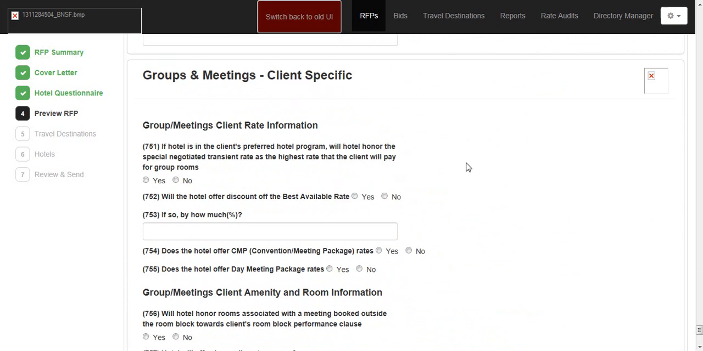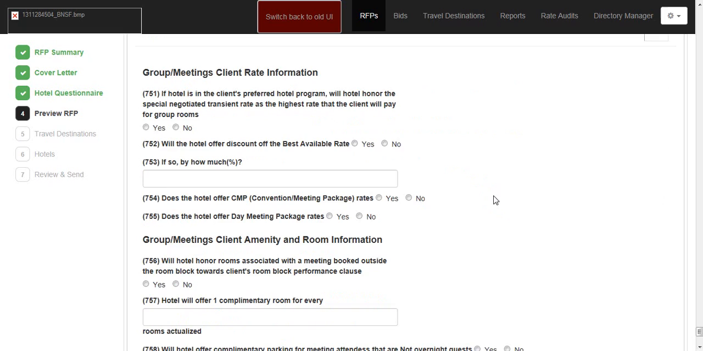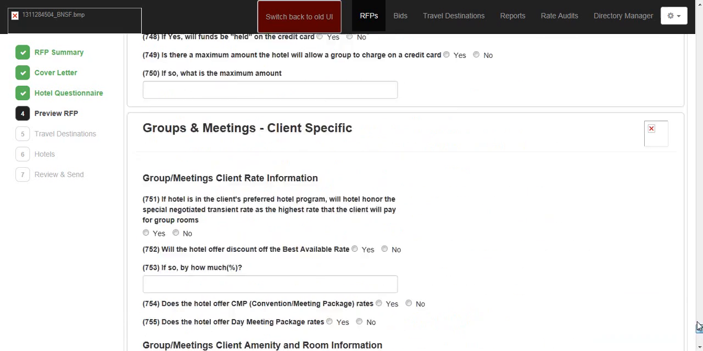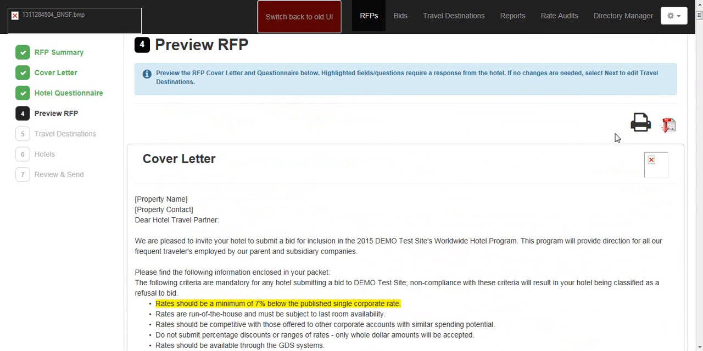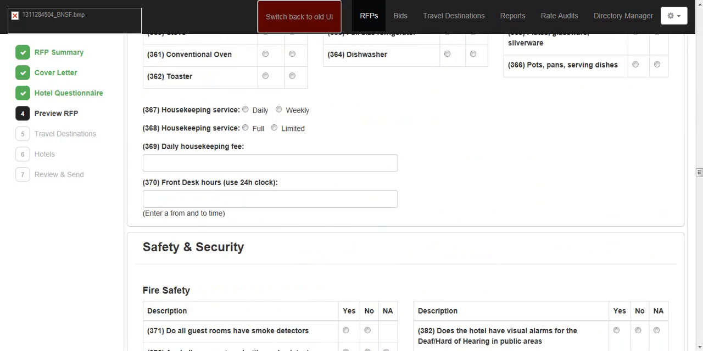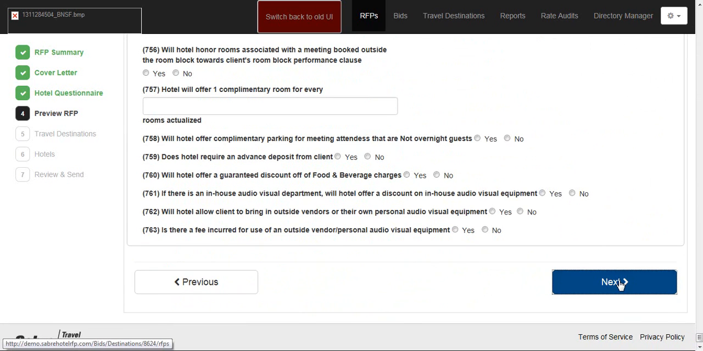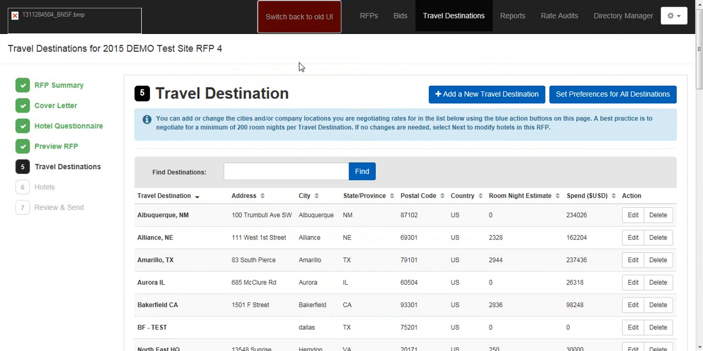Okay, and there's also of course groups and meetings, but we didn't go into that in detail. But if we're happy with our RFP, we have the option to print it, and then of course the option to save it as a PDF. This comes in handy if you need approval from a superior, or if you just want to get a second pair of eyes on this before you send it out. So you have the option to do it there. And then we just go down to the bottom, and then we click through to the next step, which is